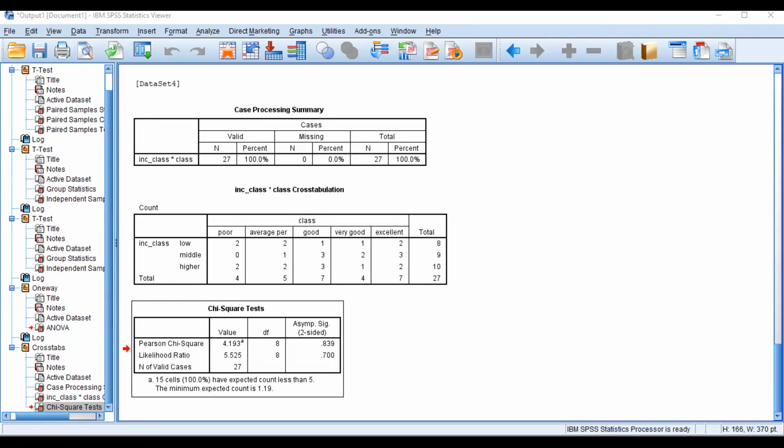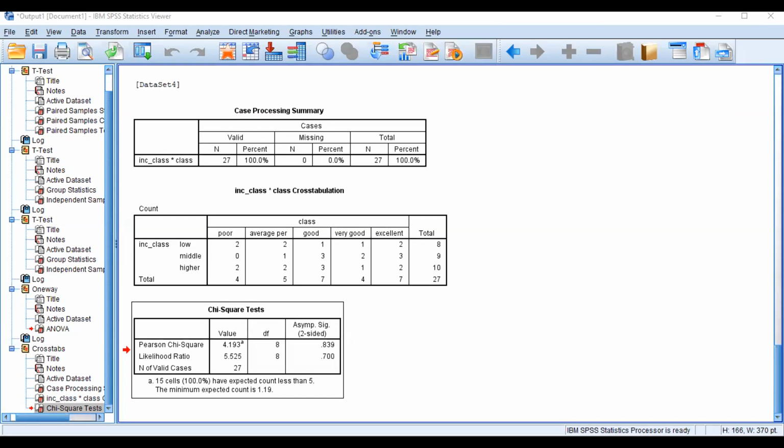In this, my assumption is whether blood pressure is high or low. I have categorized it, because this is the speciality of the chi-square test. It works for categorical or qualitative variables. For quantitative variables, we have a different kind of test, that is correlation. But for this dependency test, we have the chi-square.